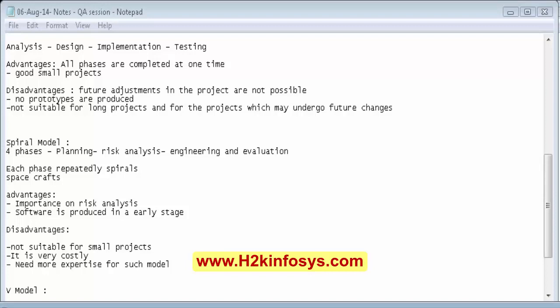They can change the application, that is what we are discussing. So they can repeat the same stage anytime, because more importance is on risk analysis. They can repeat each and every stage any time. That is the advantage of the spiral model, because